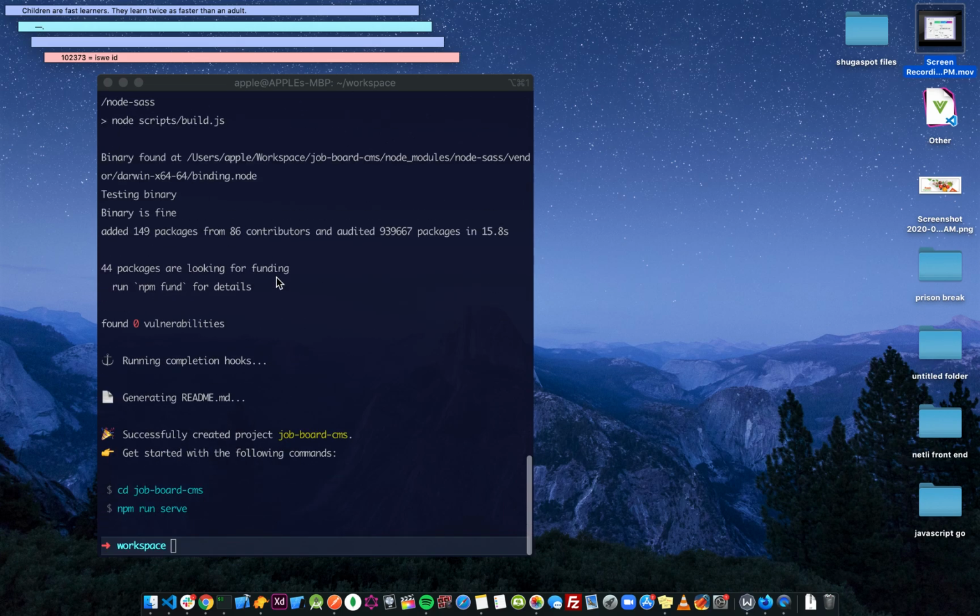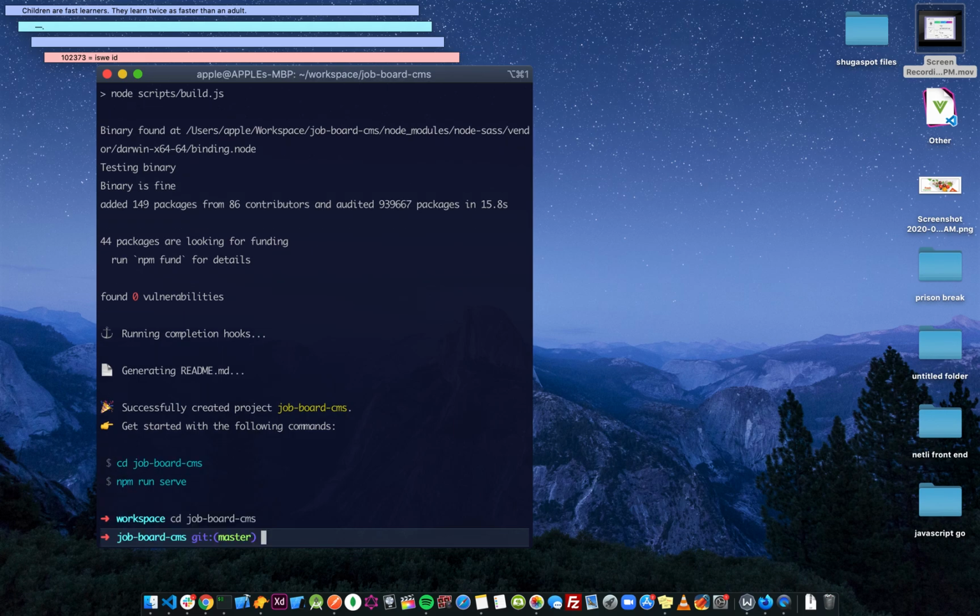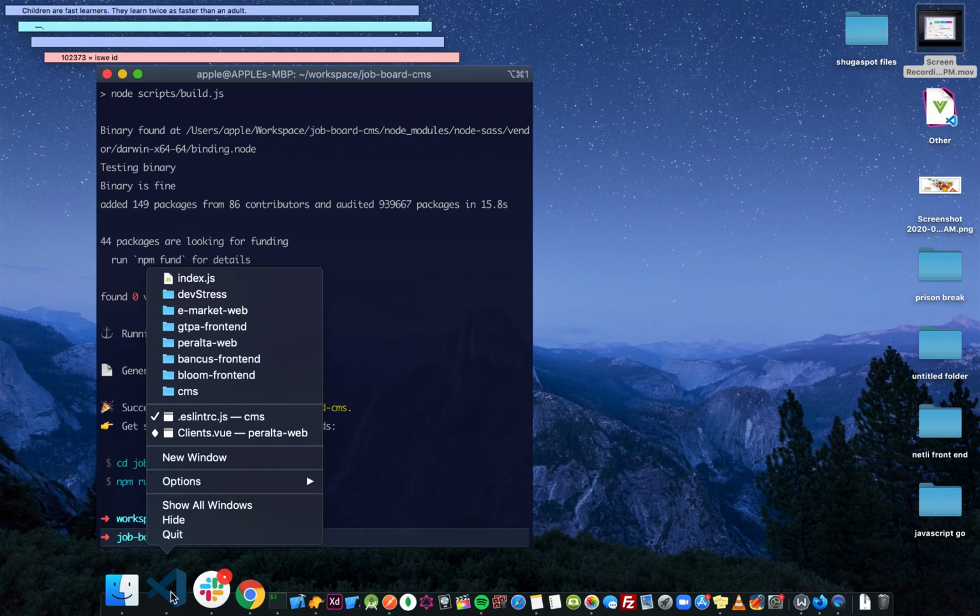And this is what you get. So we are going to cd into our job board. So we are there automatically. Git is already installed, so we have Git master. We're on the master branch, so we can now open